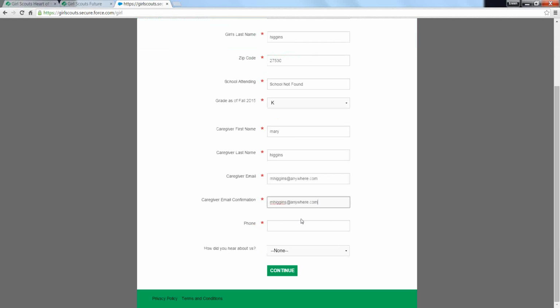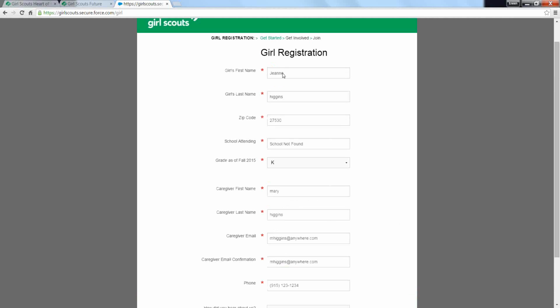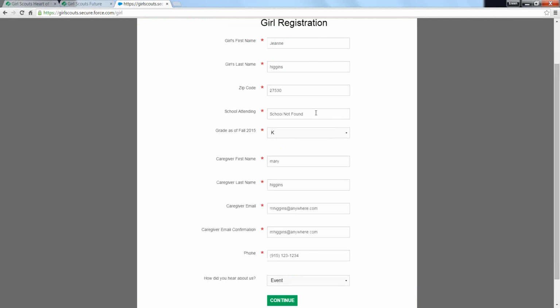Okay, my phone number. Again, these are generic numbers just for the purposes of demoing to you how a new person would register. So here I put my daughter in. Her name is Jean Higgins. School not found. Again, schools in our council would populate here. We have already populated them from the national database, and we've included our private and parochial schools in this list